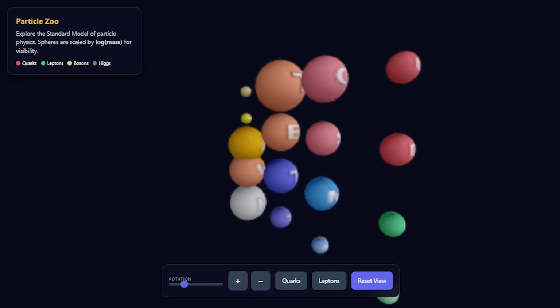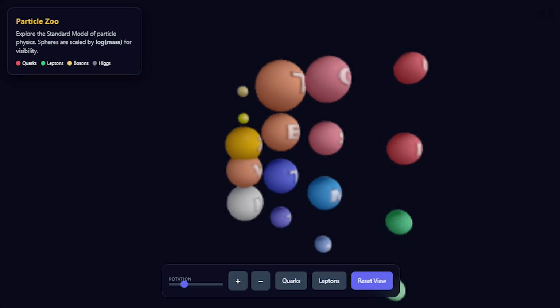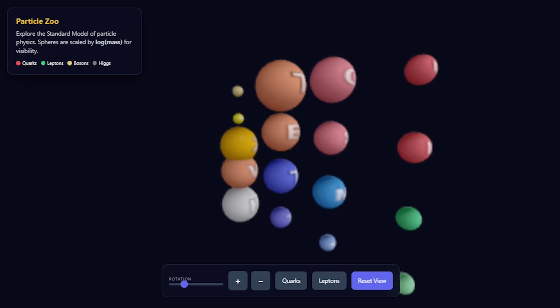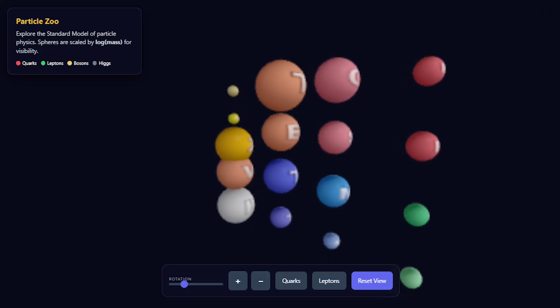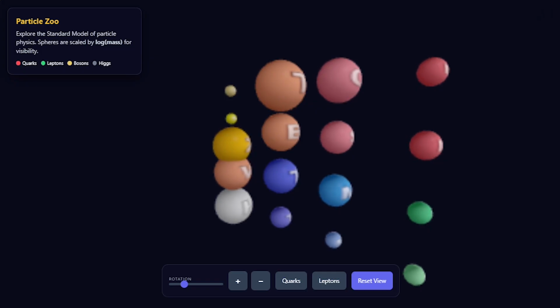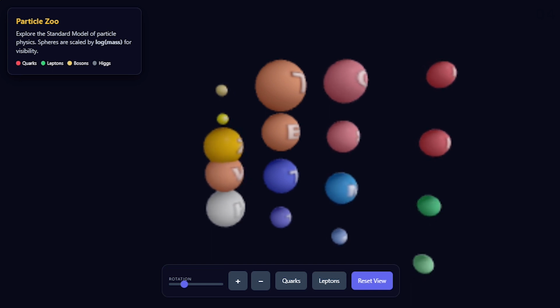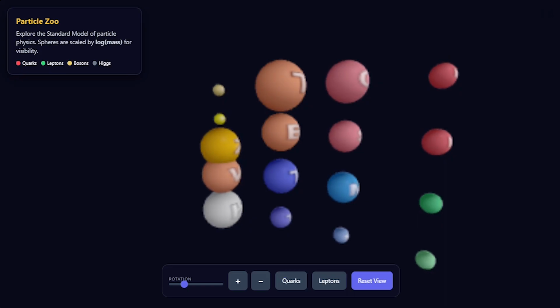Welcome to the subatomic world. This 3D visualization allows us to explore the fundamental building blocks of the universe. Let's start by looking at the quarks. These are the particles that combine to form protons and neutrons. This is the up quark. In this view, the size of the sphere represents its relative mass compared to other particles. You can use this slider to adjust the rotation speed of the grid, helping you view the particles from different